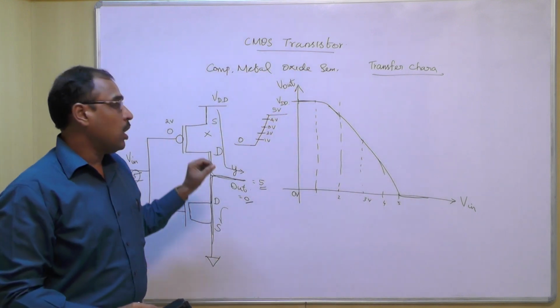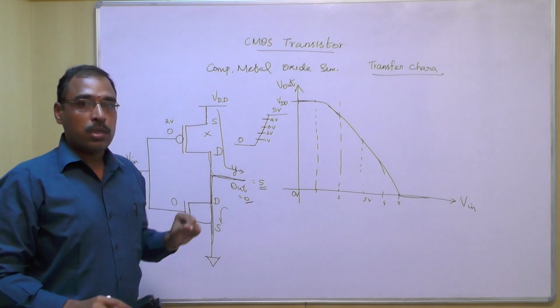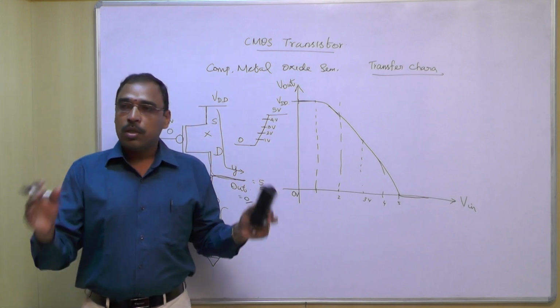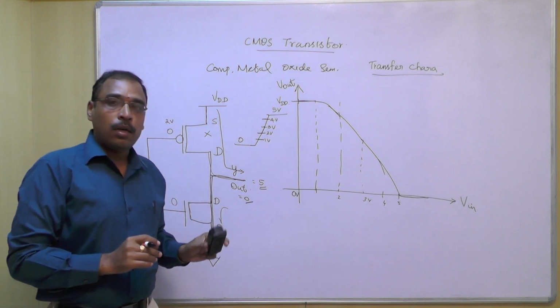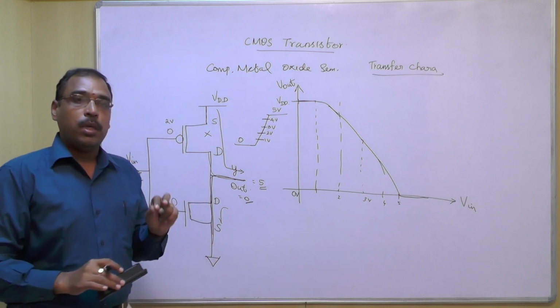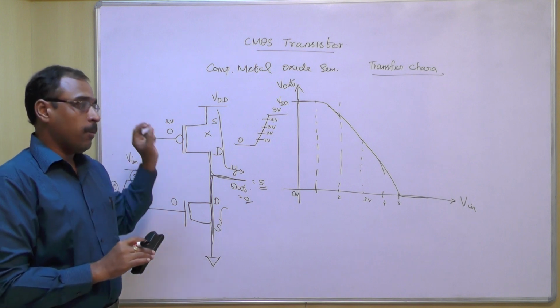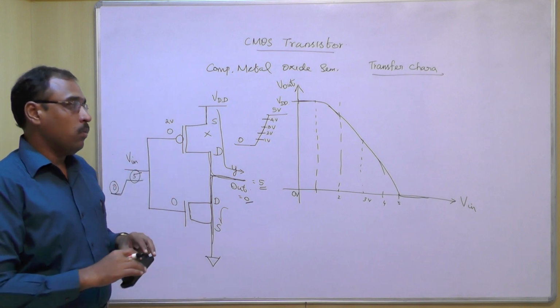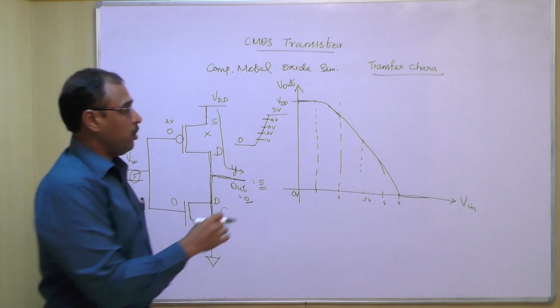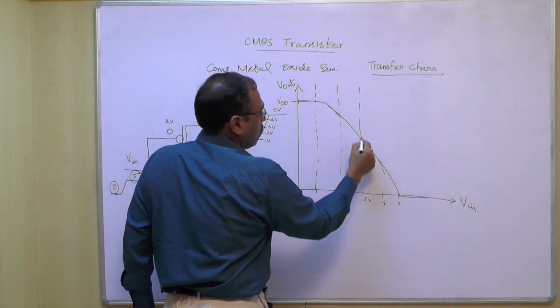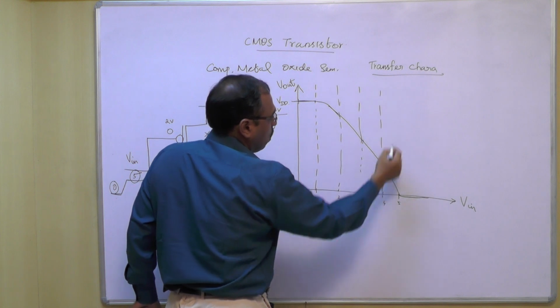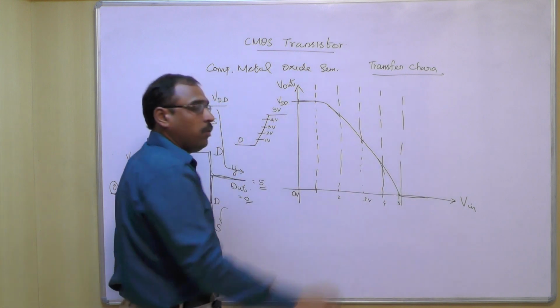Now we will see what is the advantage of this CMOS technology. Why should we go for CMOS? The major advantage of CMOS technology is that the power dissipation of this CMOS transistor is very less. How can we see that? Before that, this transfer characteristic is classified into these 5 different